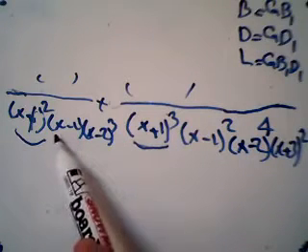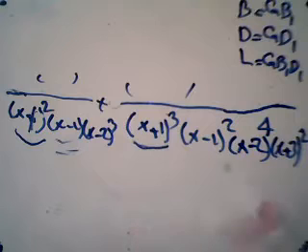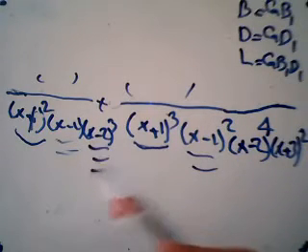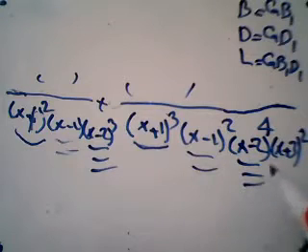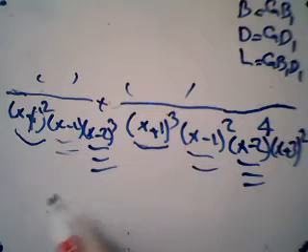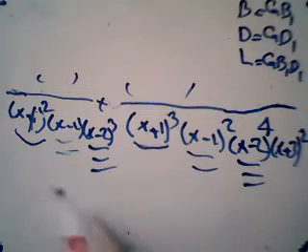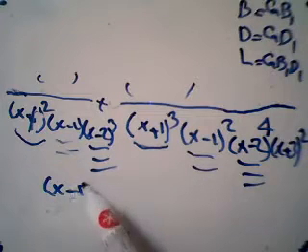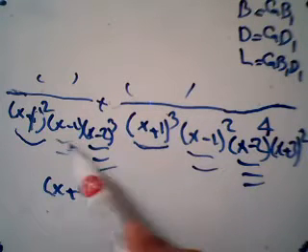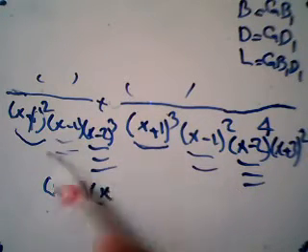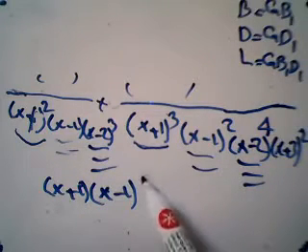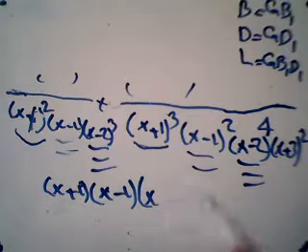So here we got x minus 1, here also x minus 2, here also. So the greatest common divisor would be the product of these common factors